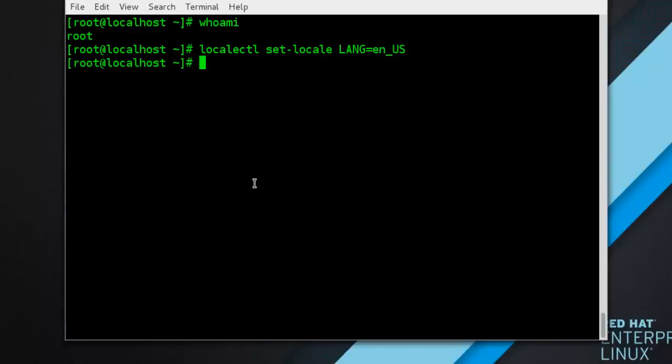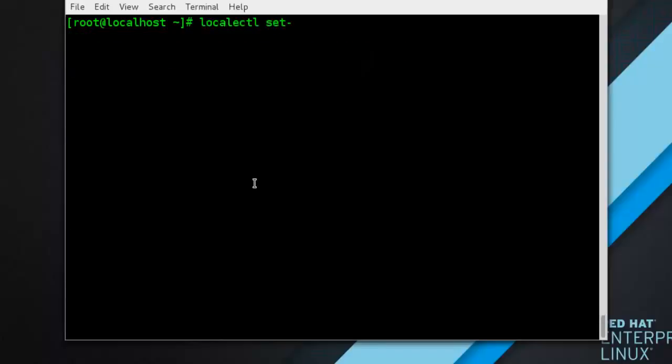For example, if you want to set US English as your default locale, first find the name of the locale by using list-locales. Then as root type the command as follows: localectl set-locale LANG=en_US.UTF-8 and press enter.